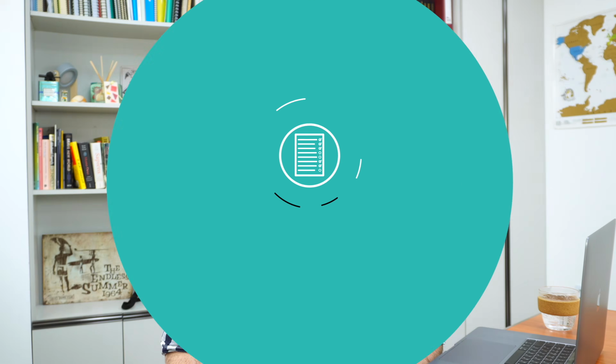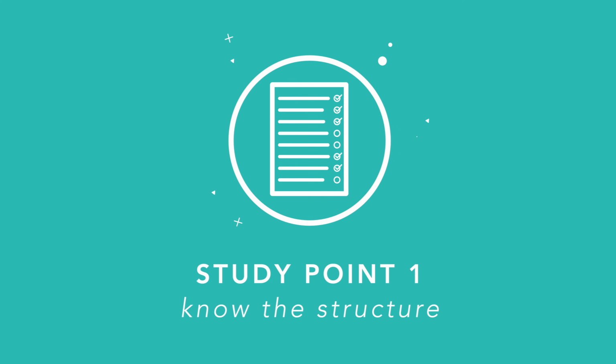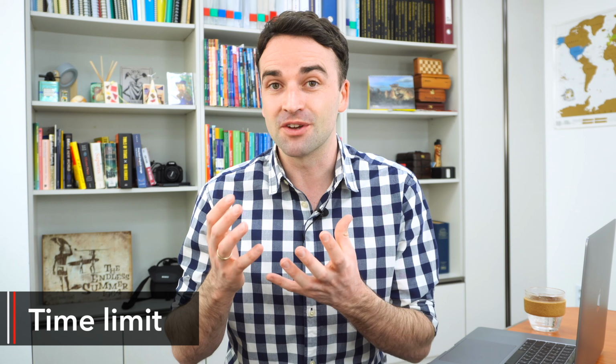Okay, point number one is to know the structure. So besides actually improving your English, the next best thing you can do to prepare for this exam is to get used to the structure. The Duolingo English test is quite different than the other traditional exams like the IELTS and TOEFL in a few key ways. Firstly, the time limit you get for each of the questions is significantly shorter, particularly when it comes